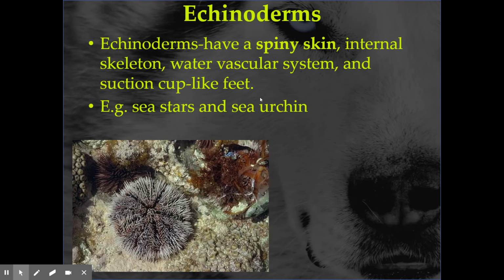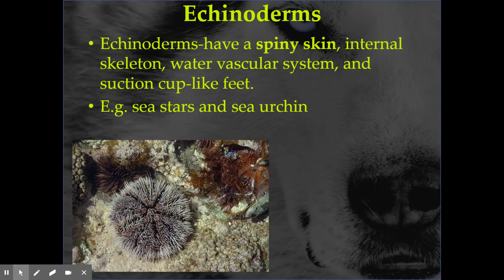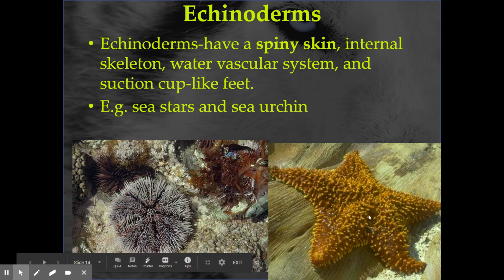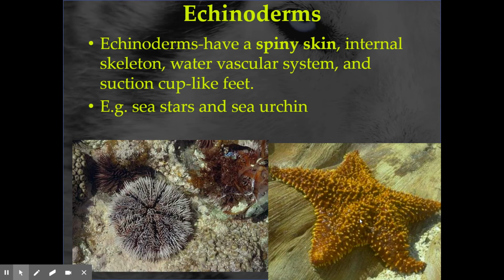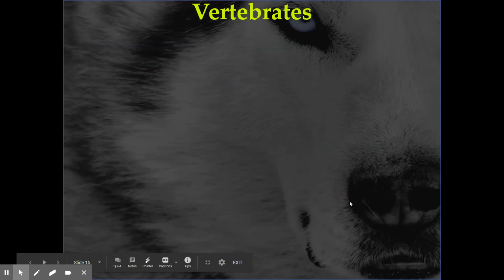So you look at them and you can see the radial symmetry on that fellow. You can see the 5 arms coming off there. There's a sea star. Again, radial symmetry. Bumpy skin. And the tube feet are on the bottom. We don't have a bottom view of it, but they can move around. So now you have some locomotion. They do have that internal skeleton, so that makes them a little bit tougher. And so that's a step forward in complexity when it comes to life forms.